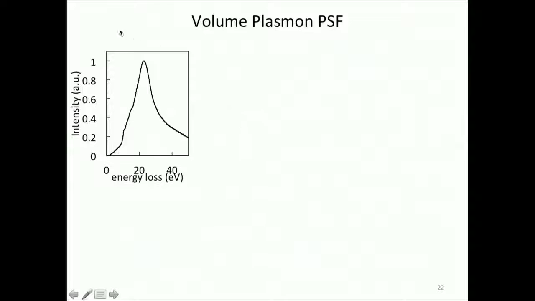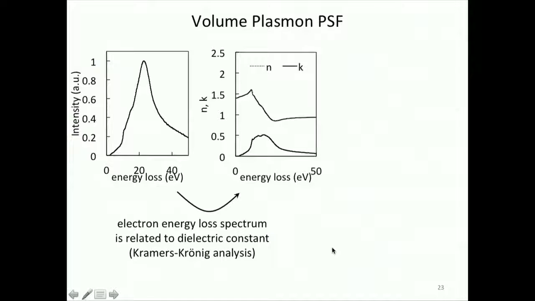So to measure the volume plasmon PSF, I have here a focused view on the spectrum intensity, or electron count, as a function of energy loss. So here we have the volume plasmon peak. And then by using a Kramers-Kronig analysis, I could calculate the index of refraction, N and K, for an electromagnetic wave